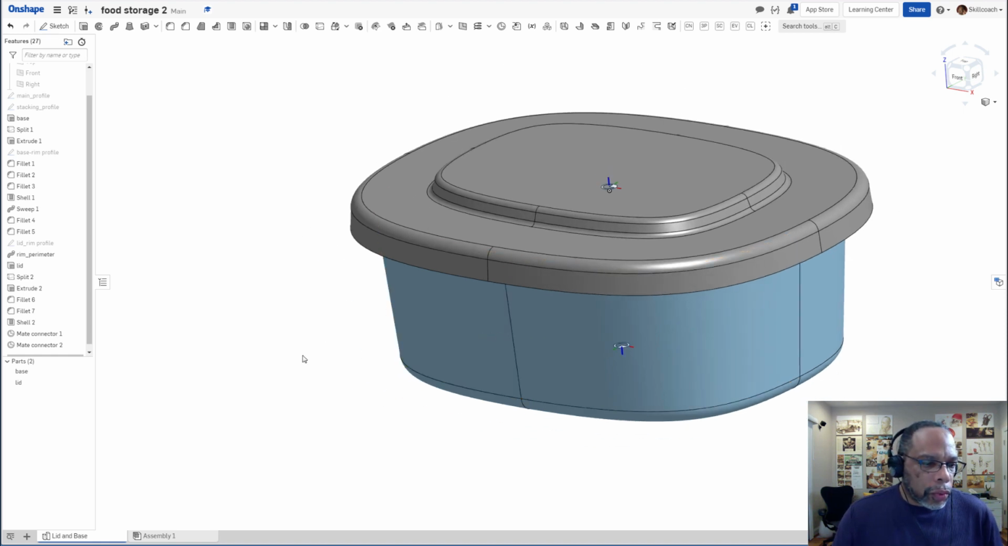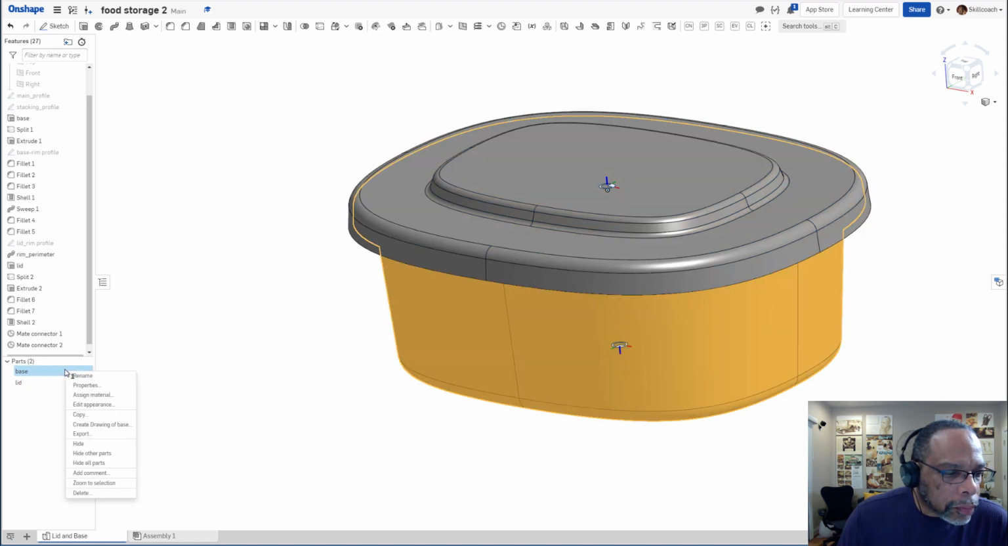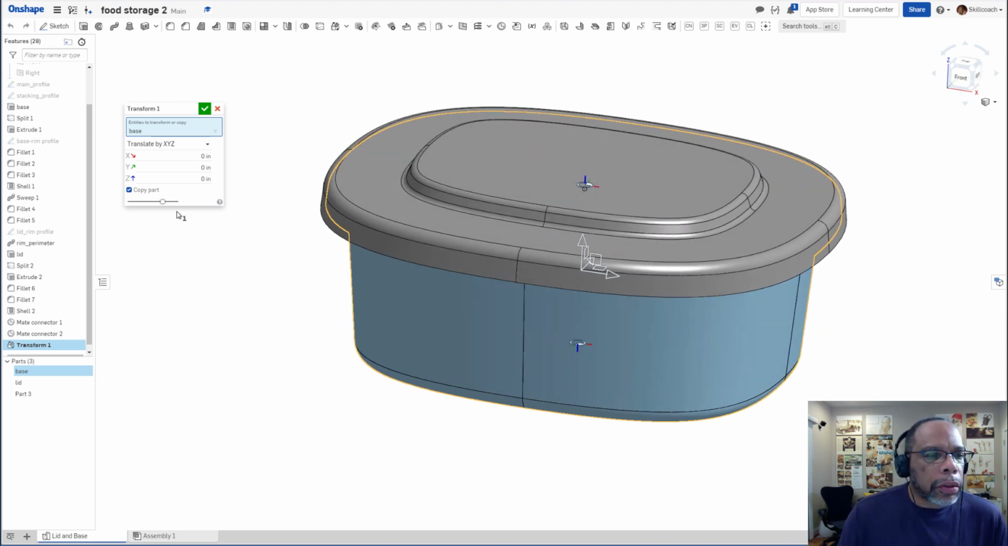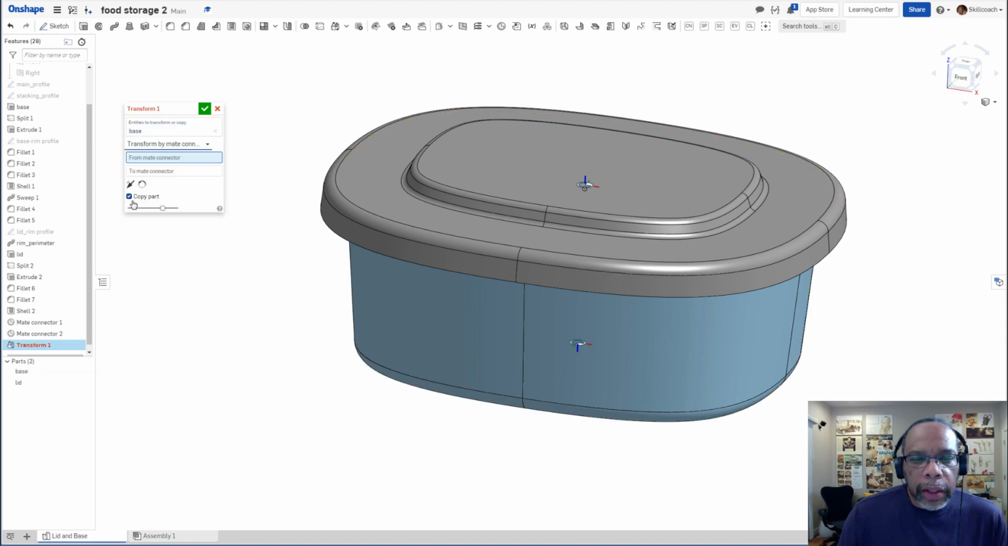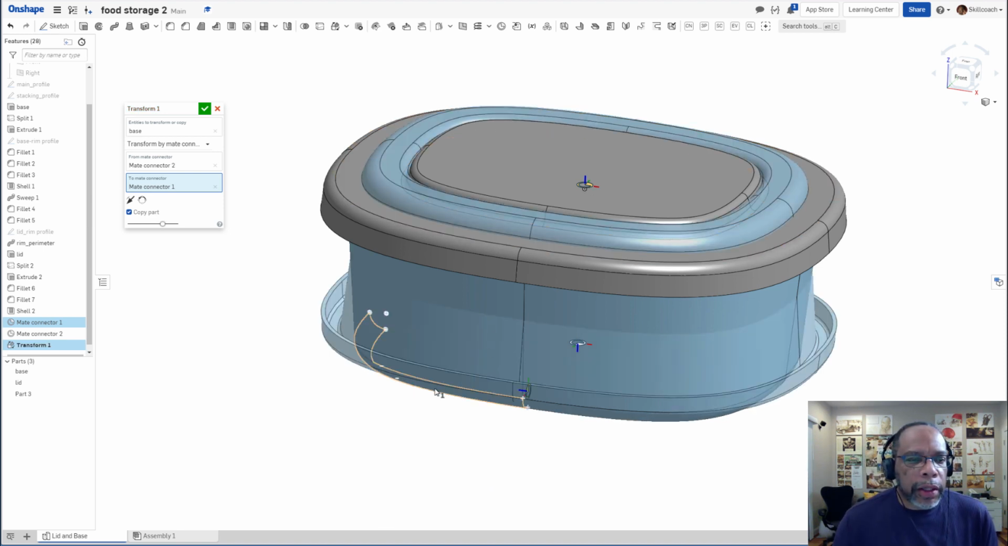So we're going to pick these two. We're going to copy them. Looks like I have to copy one at a time. Copy. And then I'm going to move it by make connector and make sure the copy is checked. And so now I come and go from that make connector to this make connector, and see how it's flipped because my make connectors weren't facing properly. So let's go ahead, complete the transform,